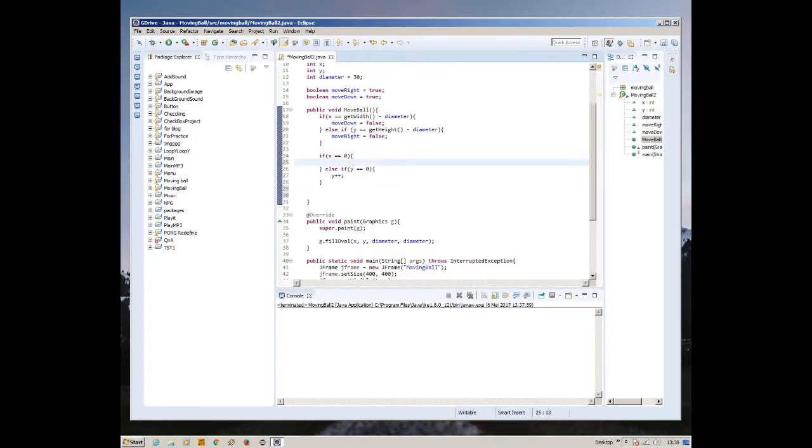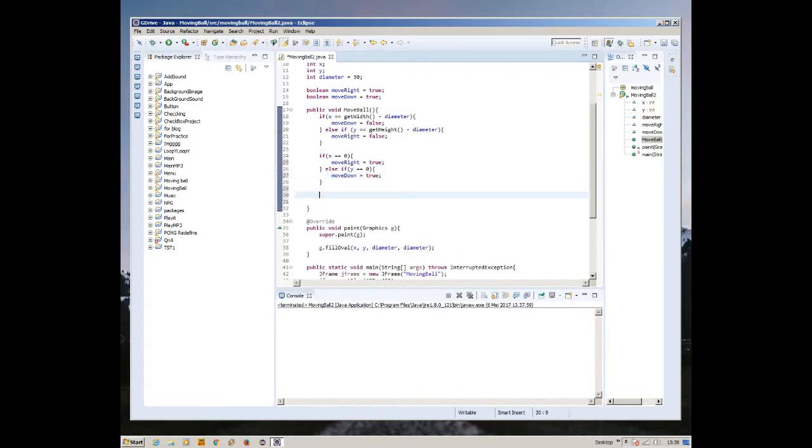If x equals 0, move right equals true. That's right. And else if y equals 0, move down equals true. And we're going to do some basic equation right here. If move down, let's just create move right first. Move right,